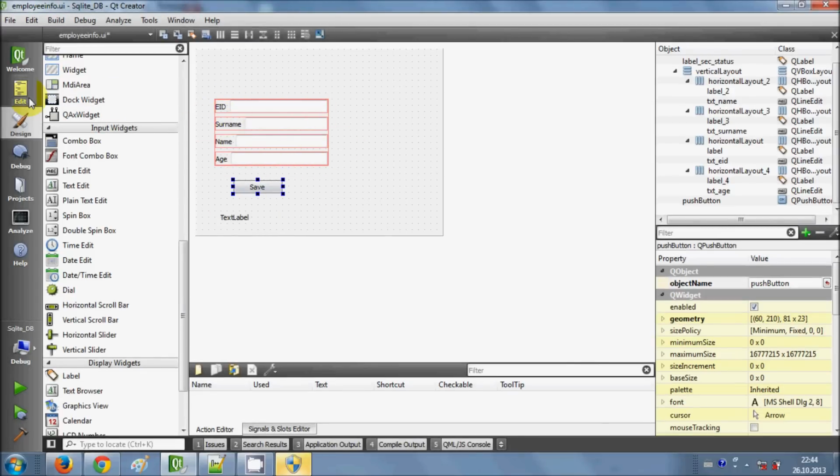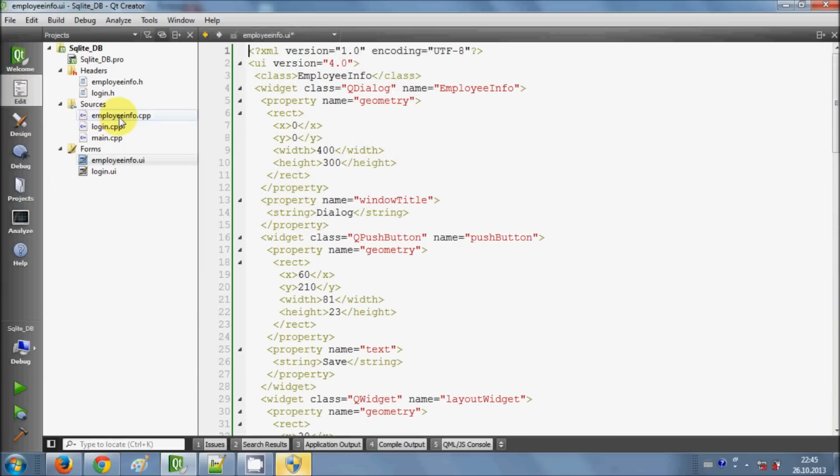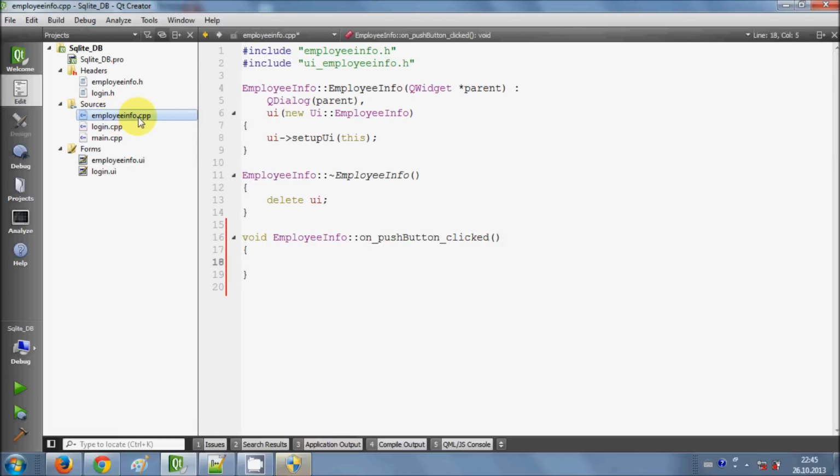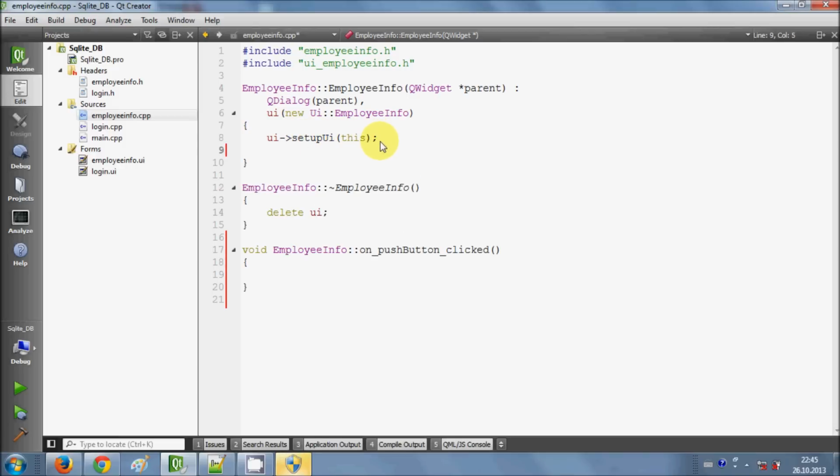Or what you can do, if you don't have this button and you haven't made this code, is go to edit and your second form's cpp file. Okay, go here, and in the constructor, wherever your UI arrow pointer setup UI code is there,